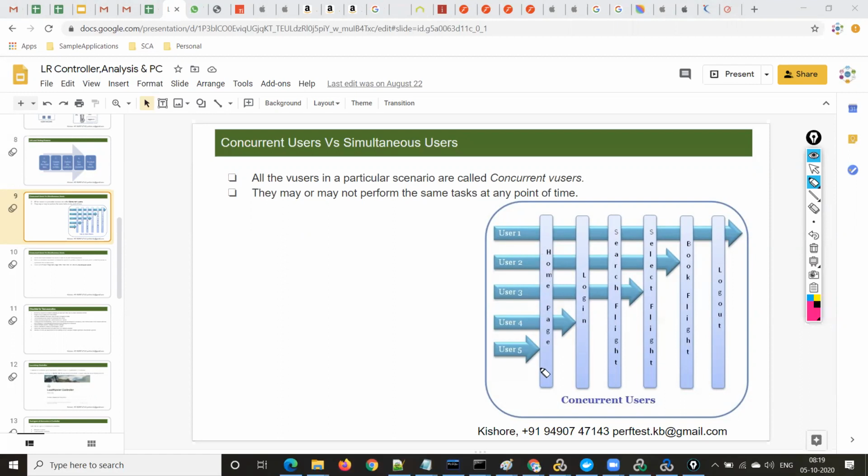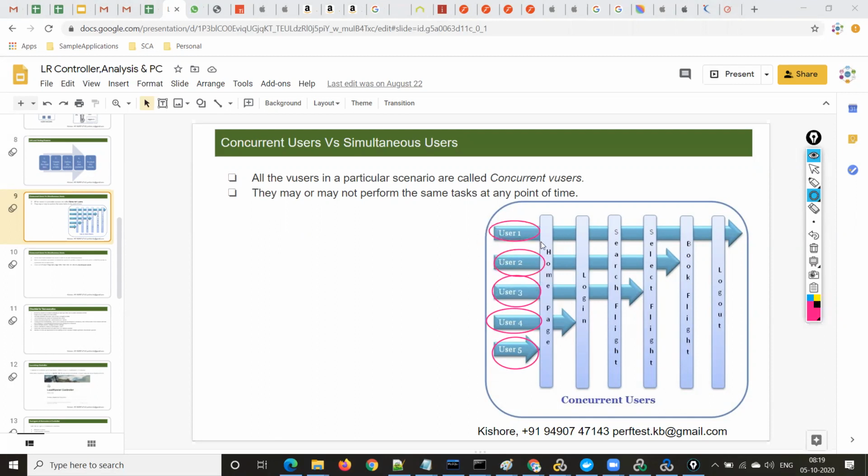So here you can see that's what this diagram represents. User 5 is at the home page, whereas user 4 is at the login step, user 3 is at the select flight step, and user 2 is at the book flight step.